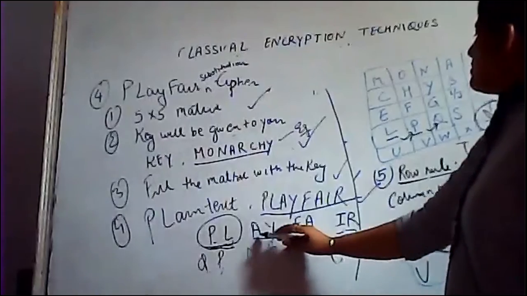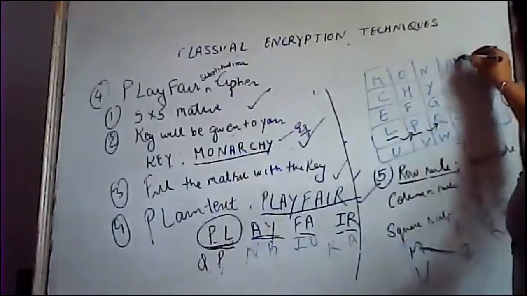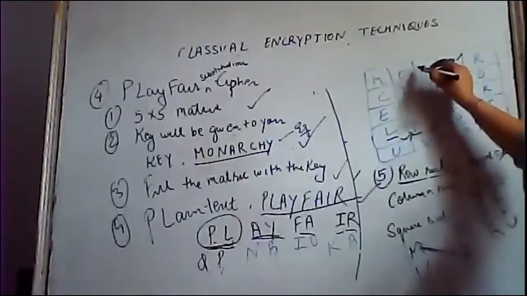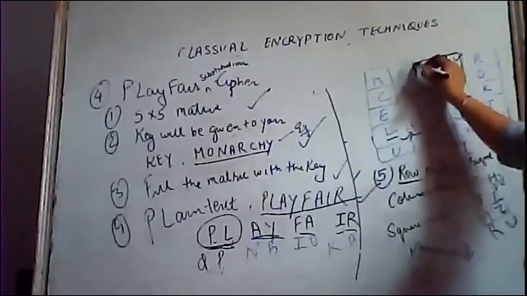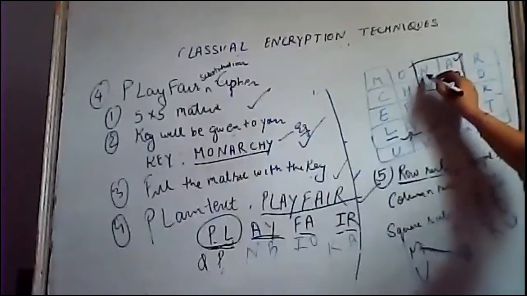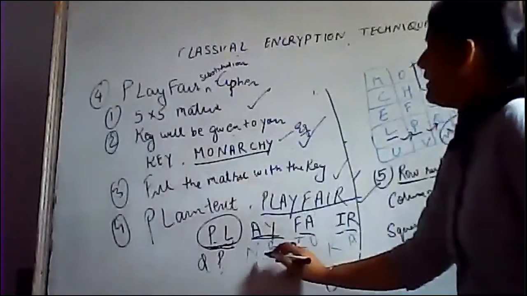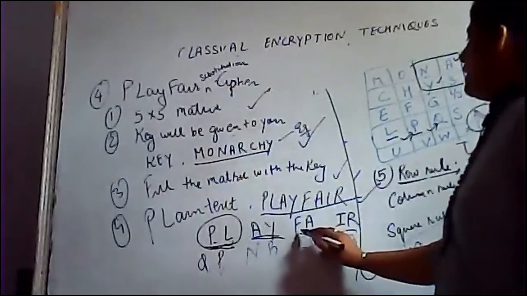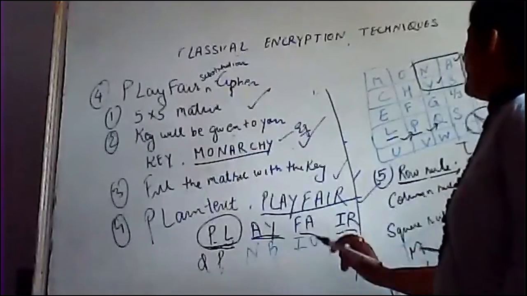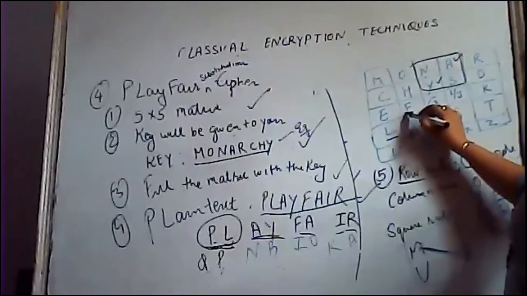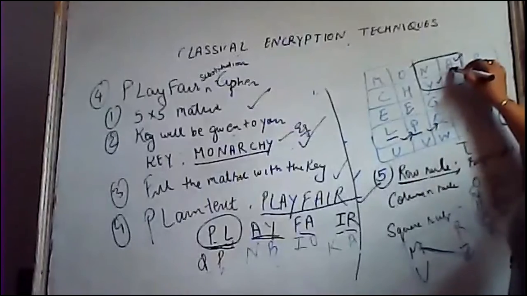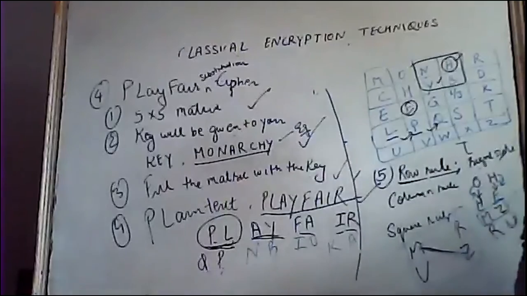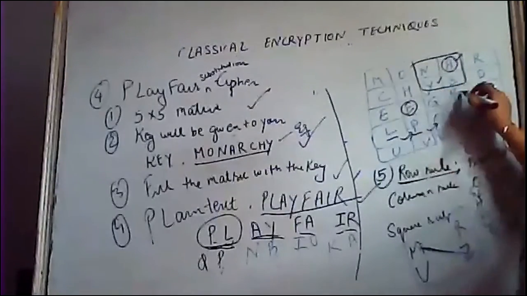A Y is there. This is your A. This is your Y. These elements are present diagonally, so you can represent them with a sphere vector. So correspondingly you can have that N, B. N, B. Fine? The next text is F, A. F is there and A is there. So I am representing this F. Again, it is making a diagonal element. It will create that square matrix.